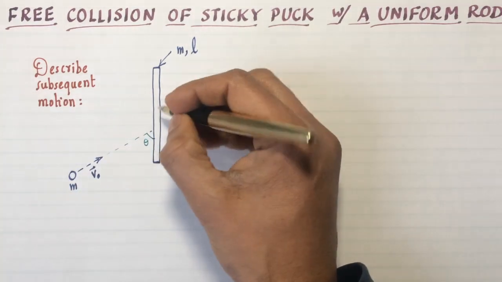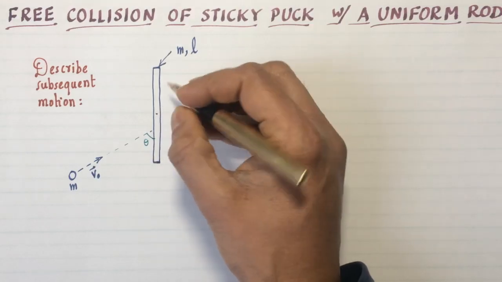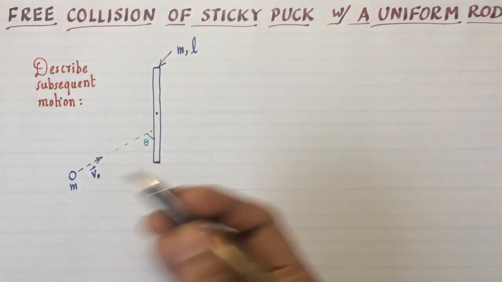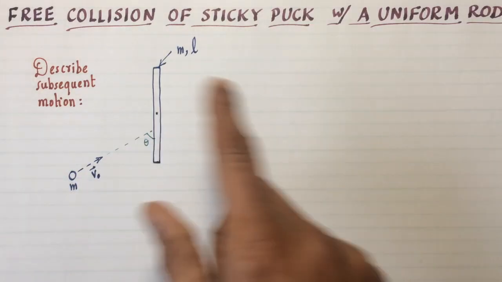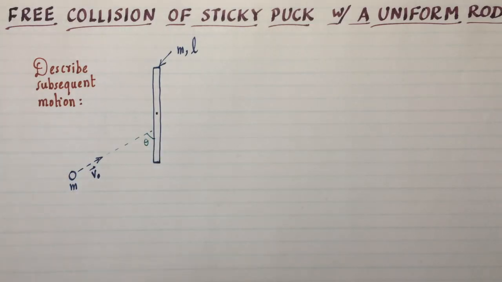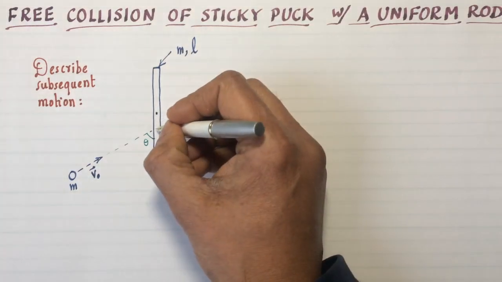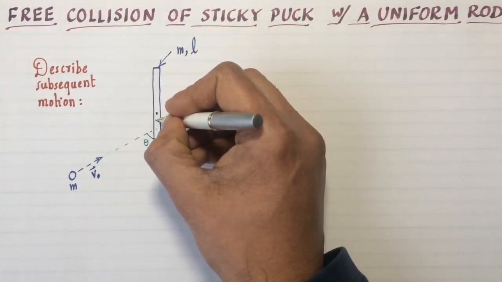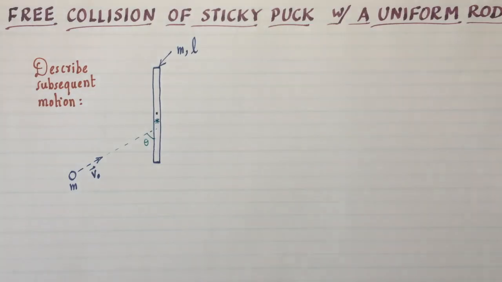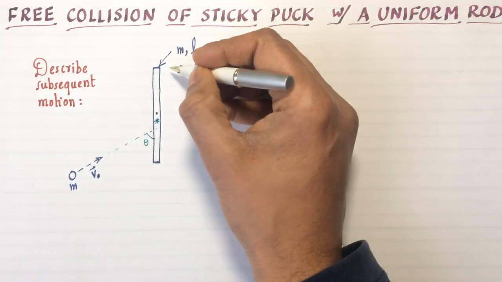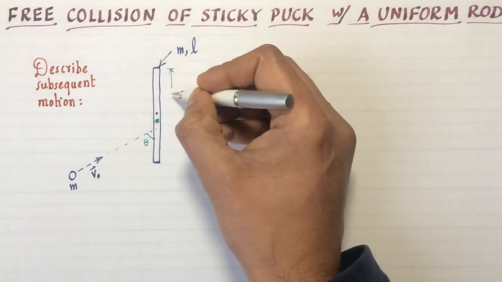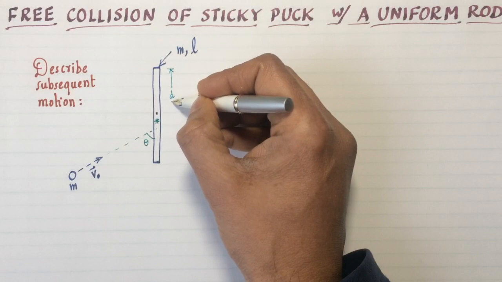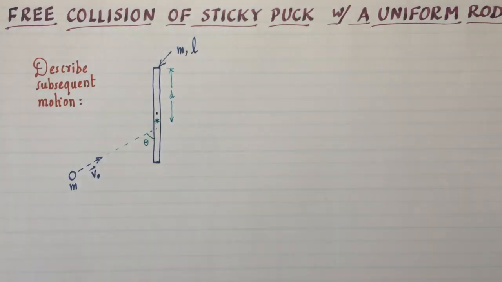So we're going to try to describe the subsequent motion of it in terms of those variables, the center of mass speed, and the rotation about the new center of mass. Now, the new center of mass, let us indicate that location by some asterisks here. So we have to put some details into all these things. Let me call the distance from the top end to the new center of mass d,